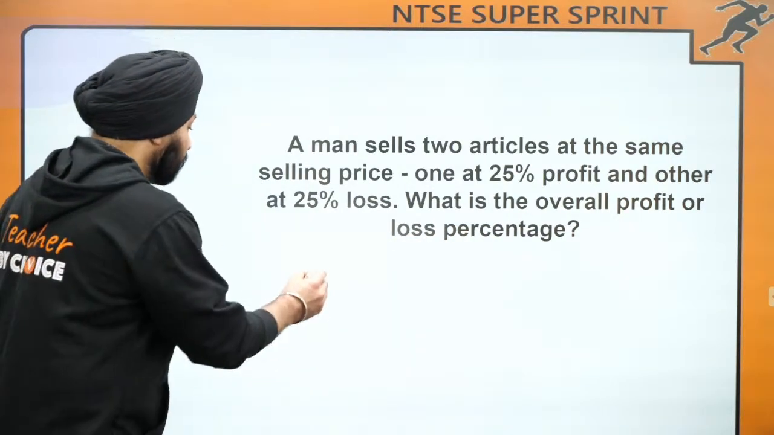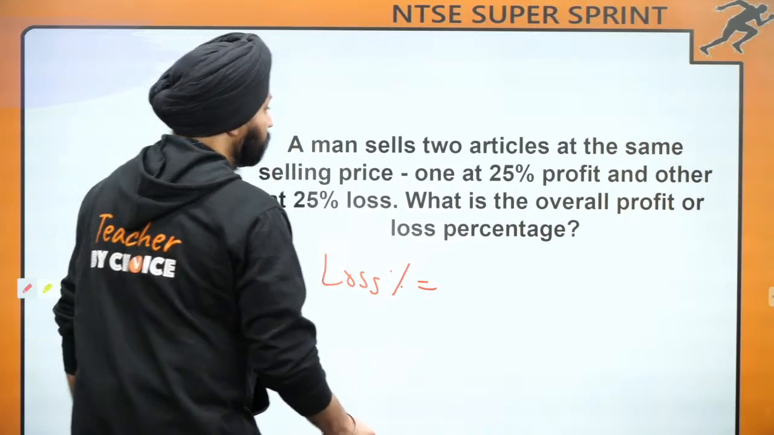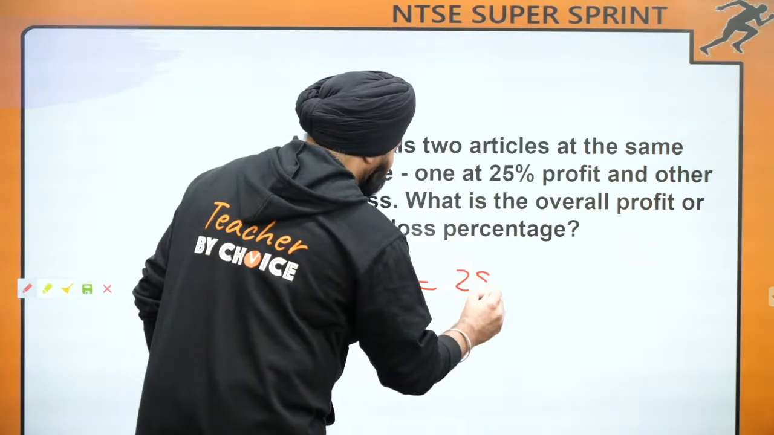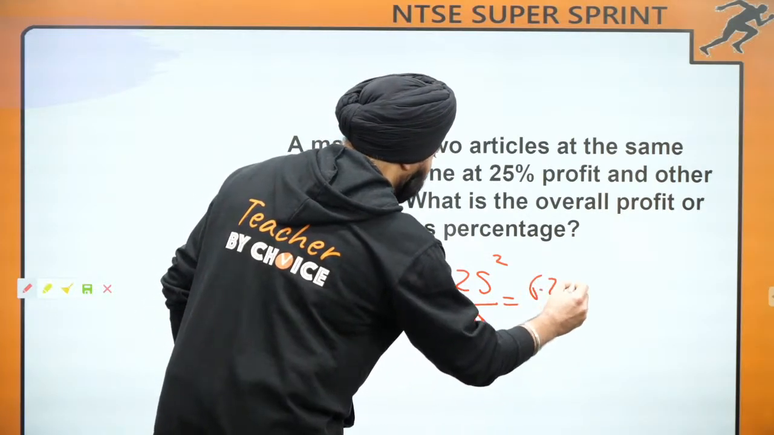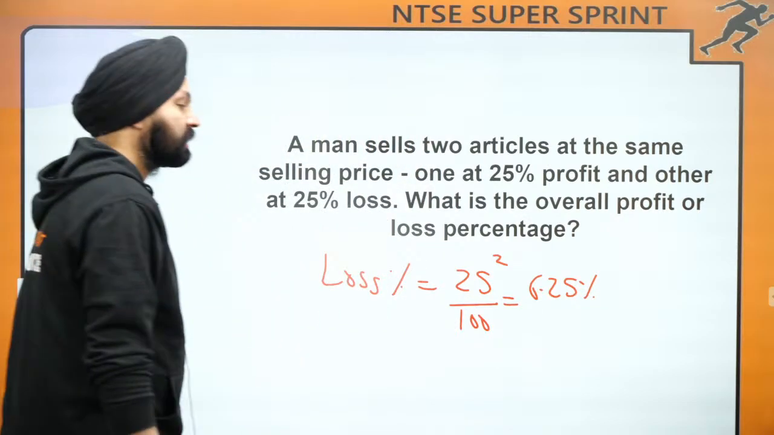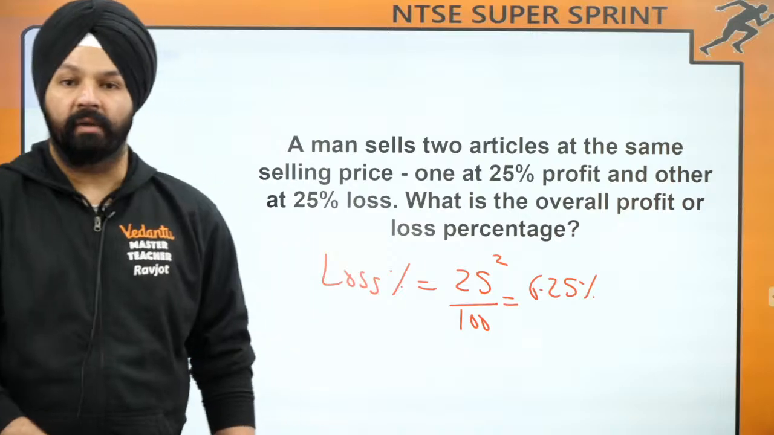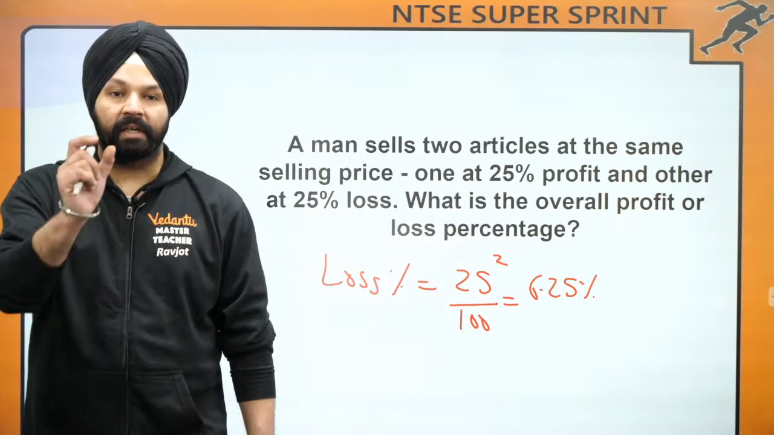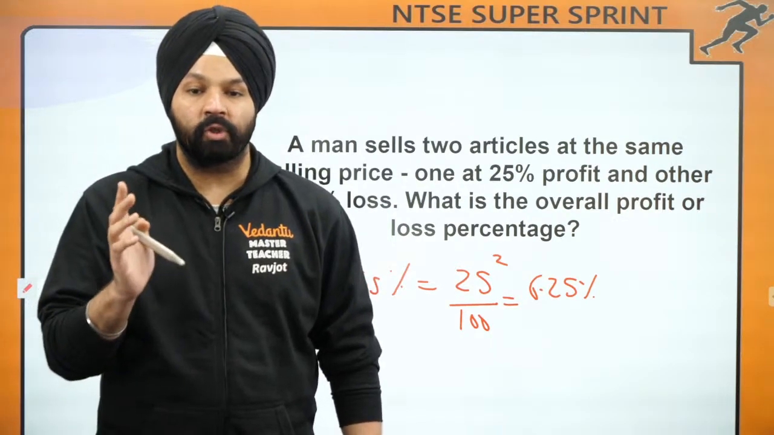We know, and in this case it will be a loss percentage, and loss percentage is directly 25 squared by 100, which means it is 6.25%. Means if we know the percentage loss or profit of both transactions and the selling price is the same in both,